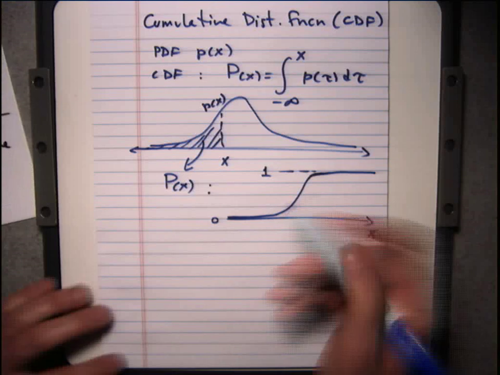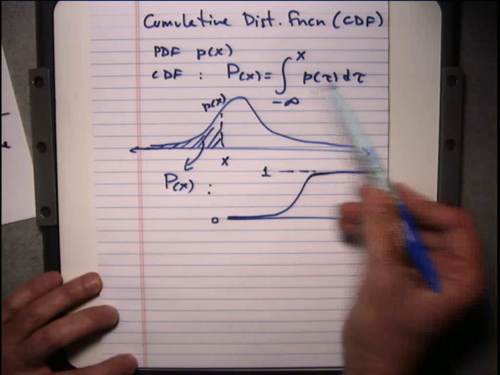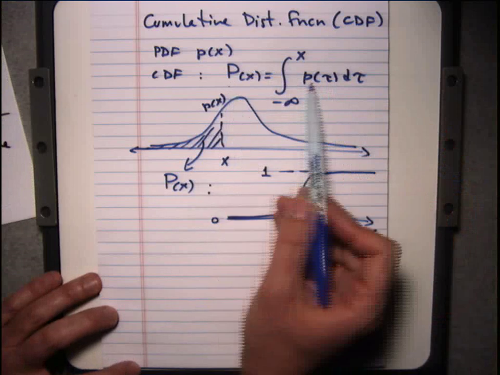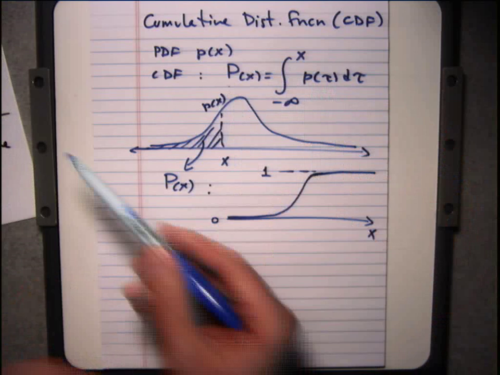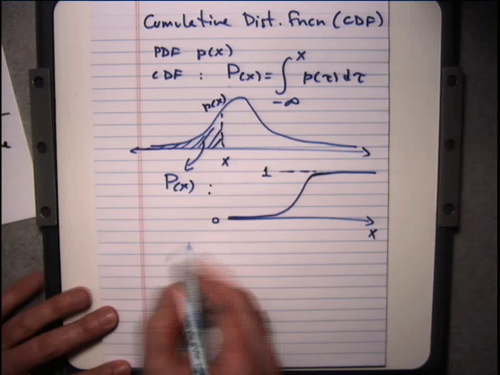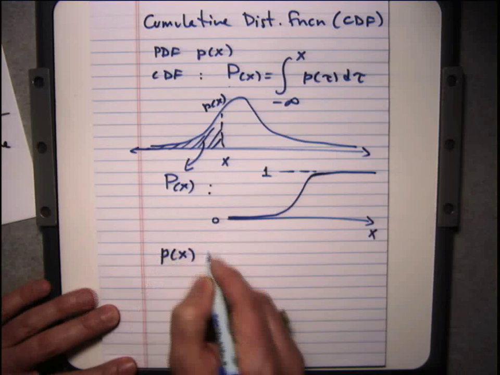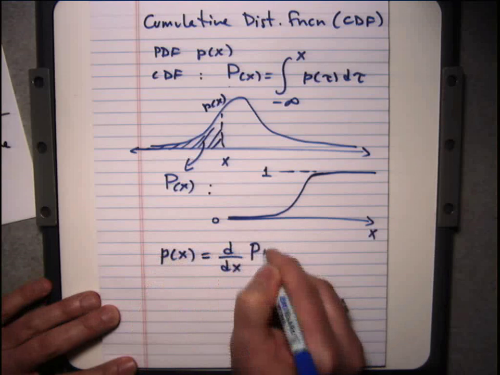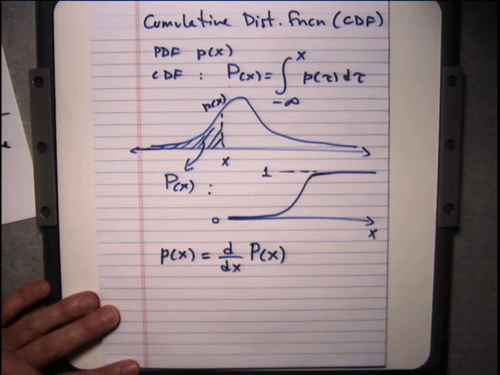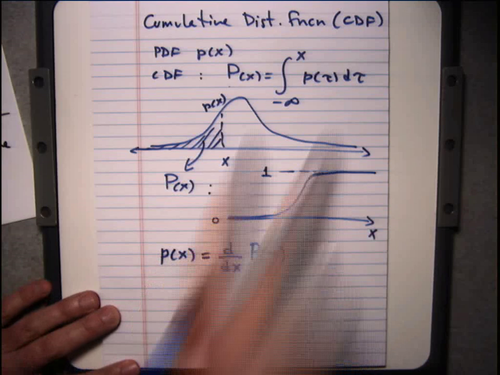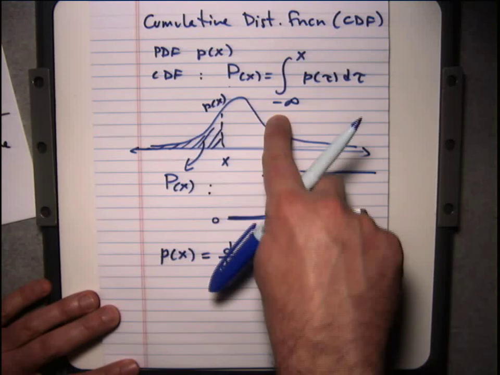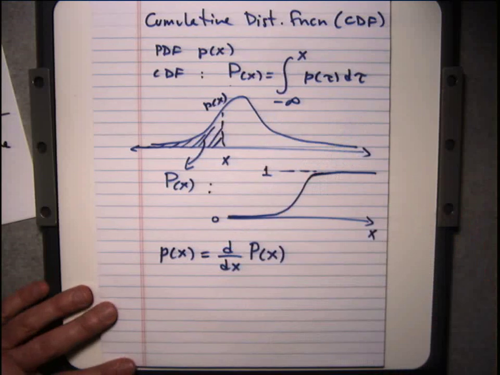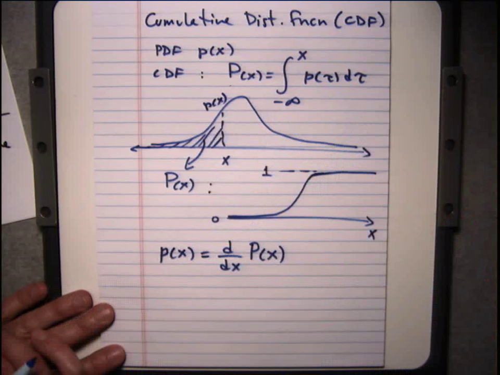Okay, so what this shows you is that the probability density function and the cumulative distribution function are related to each other by an integral. You can also reverse this using just fundamental calculus. This means the PDF can also be written as the derivative of the CDF, which is just the reverse of that expression, assuming that P at minus infinity is in fact equal to 0. Okay, so everything that I said here was for continuous random variables.